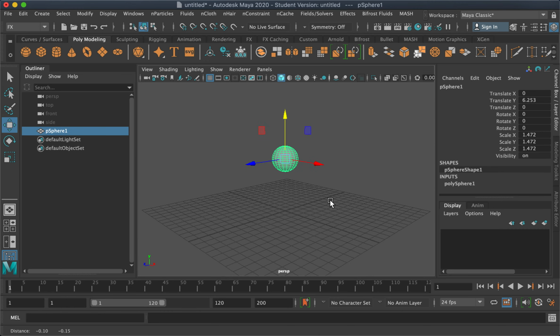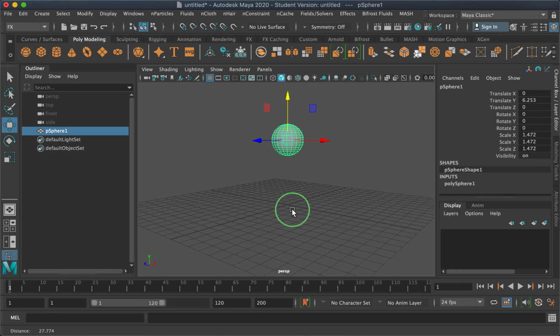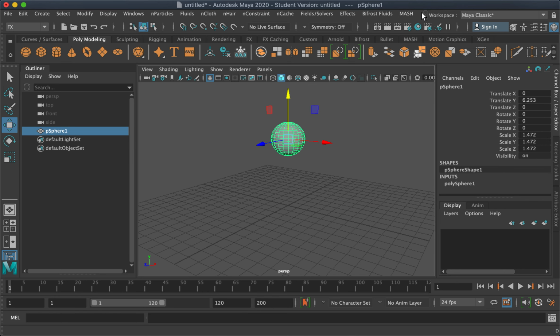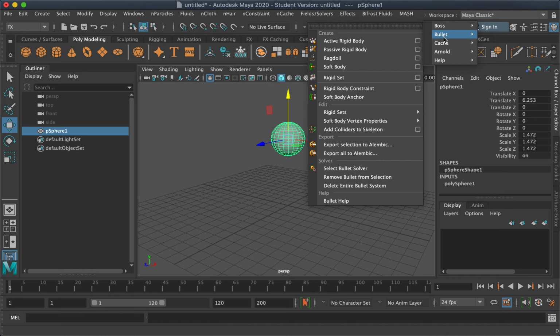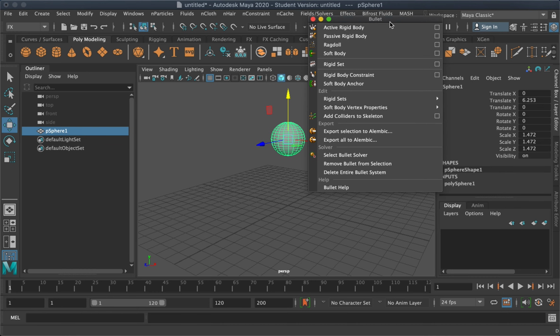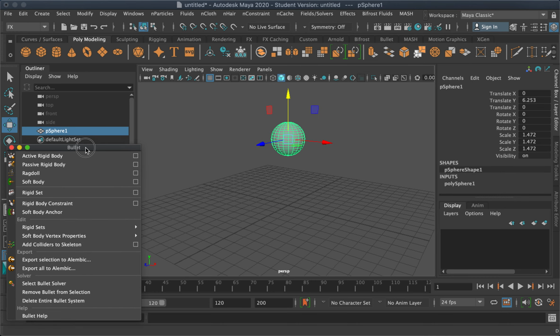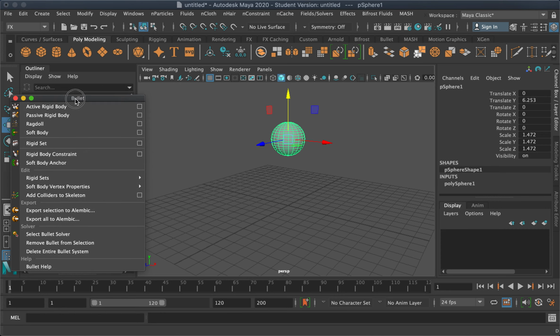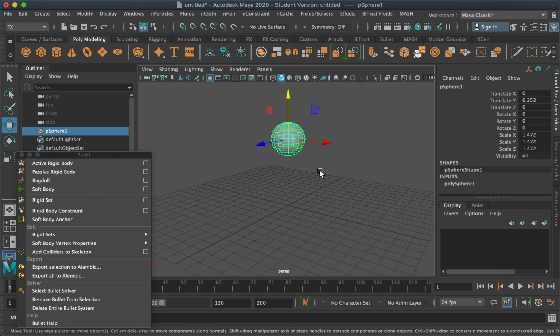To convert this object into a rigid body, you go to the Bullet window and make sure that the object is selected before you press Active Rigid Body.